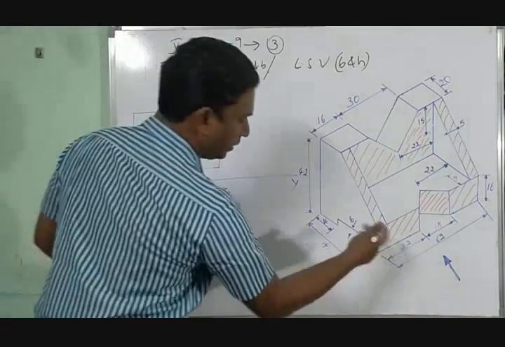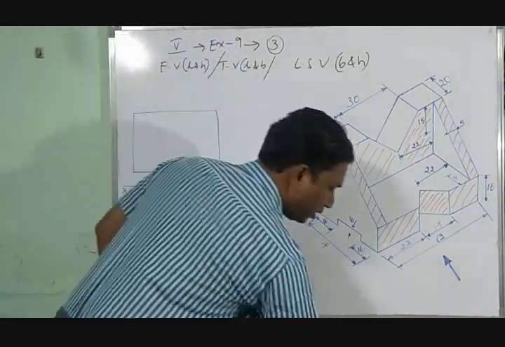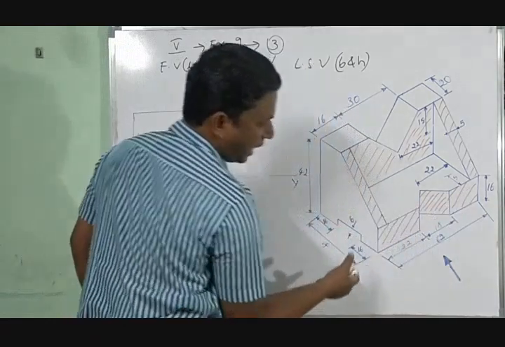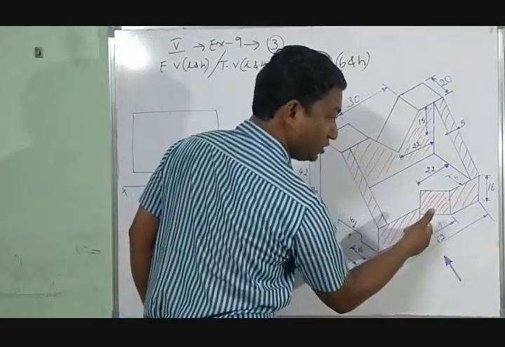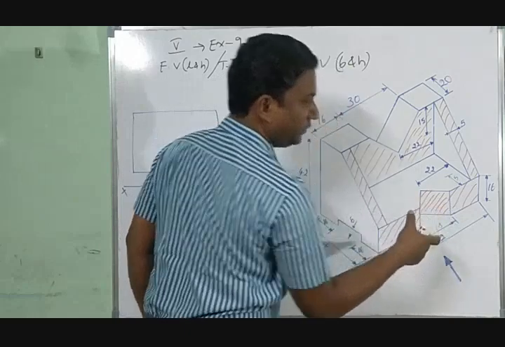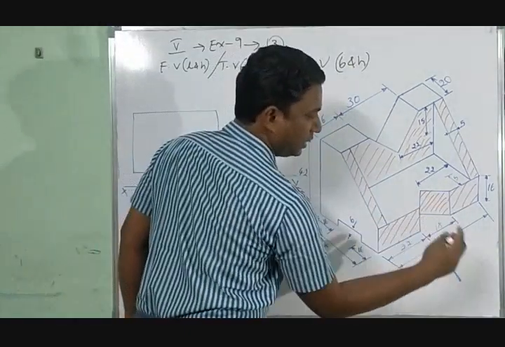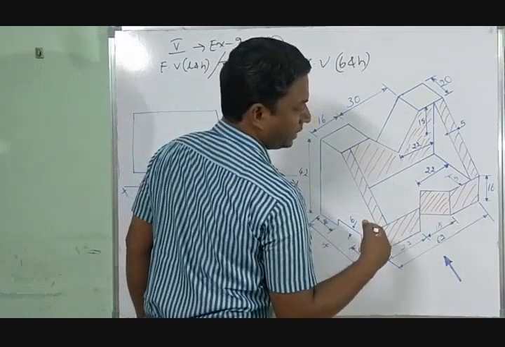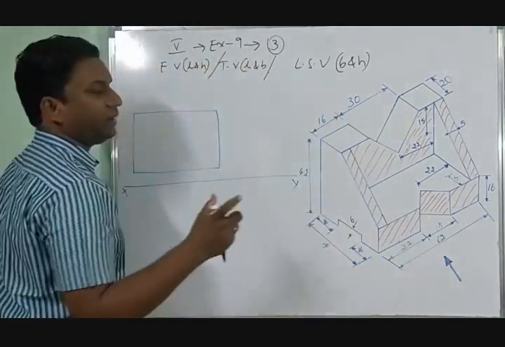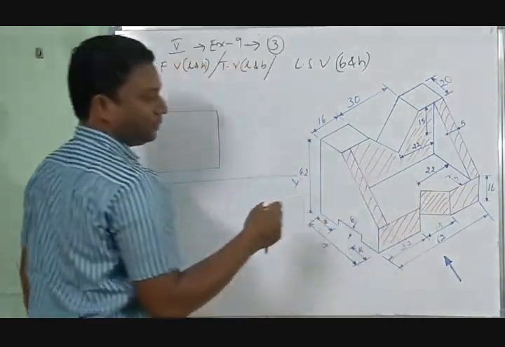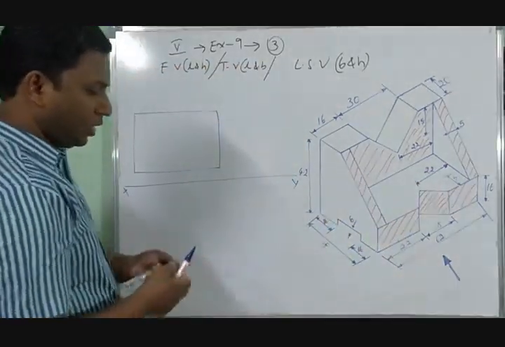Now, from the bottom onwards, what is the first one here? Length of 16. As it is a rectangle with a cut inside, it will look like 3 rectangular blocks. This is one, this is one. Inside there will be a cut, right? To what height will the cut be? It will be up to the middle, right? You see here 22 from here. That particular place we have to draw the line. How to draw that line?